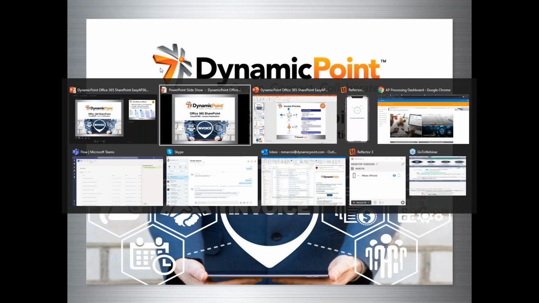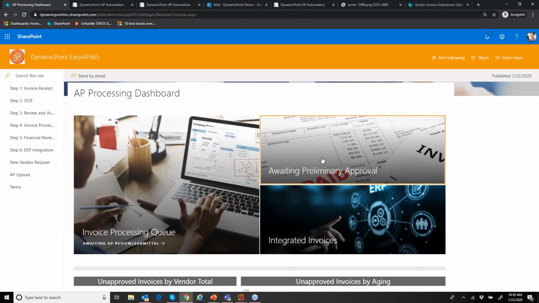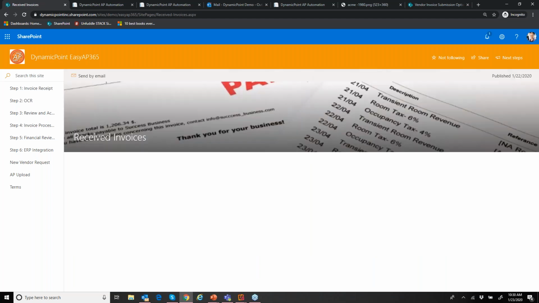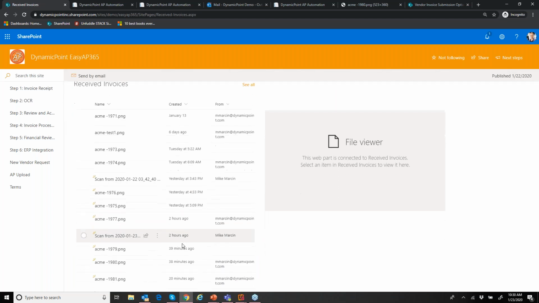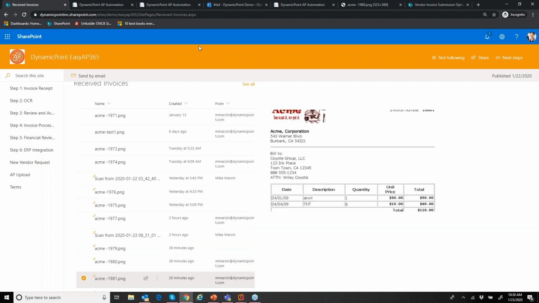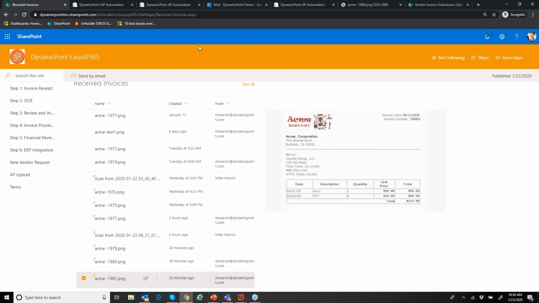Great question. So when we bring it into the product, we actually take it out of the preliminary approval library. So the only ones that reside in this are those that have been received. You can think of this as sort of the inbox of invoices. So they're not, quote unquote, being duplicated. There's only one version of it, if you will. Because when we're ready to bring it into the product and start assigning it categories and things like that, it